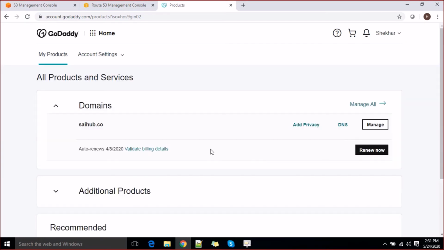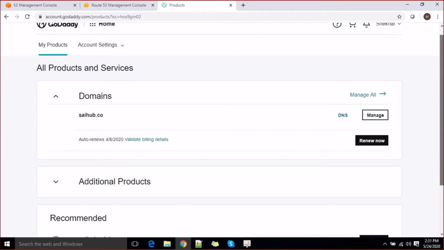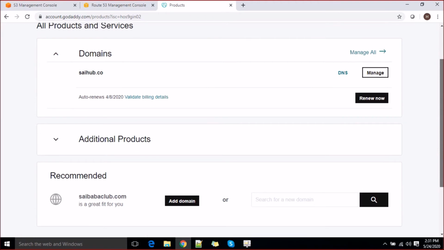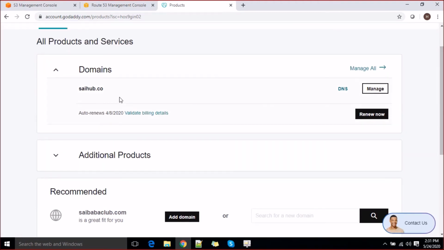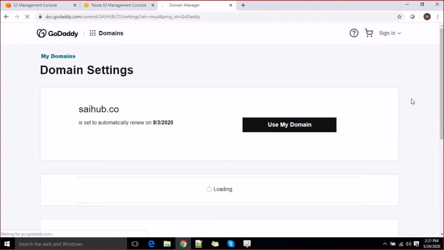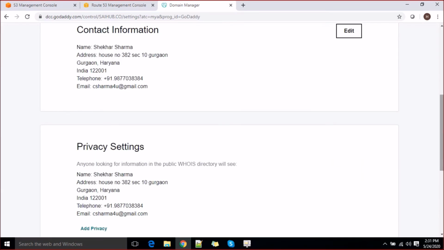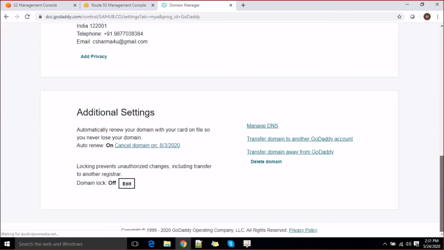Auto renew, validation, billing details. What happened to this? Okay, we'll manage it.